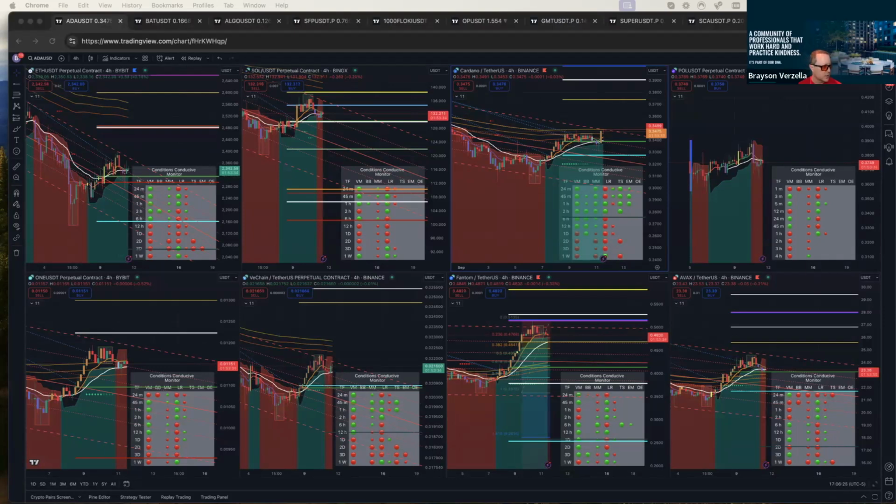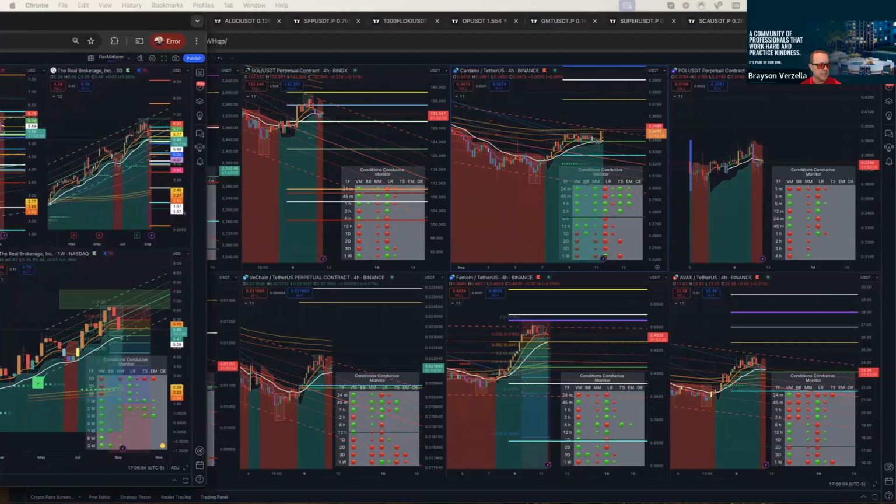Okay, so let me try to get rid of some of this clutter I have on these. Okay, perfect. So for me, first off, my favorite way to have the flex